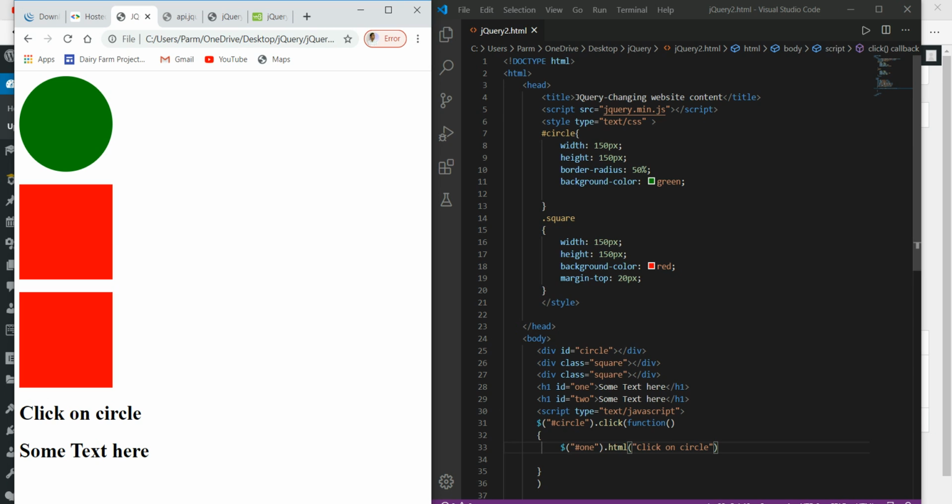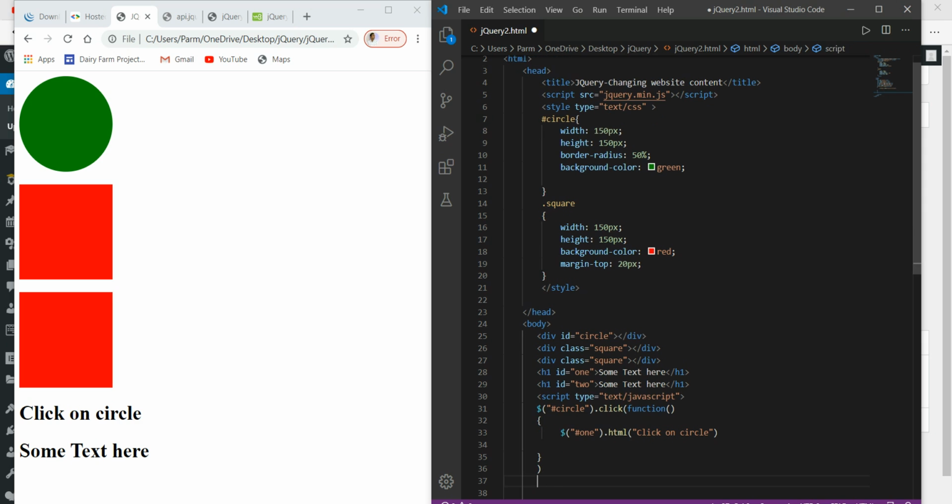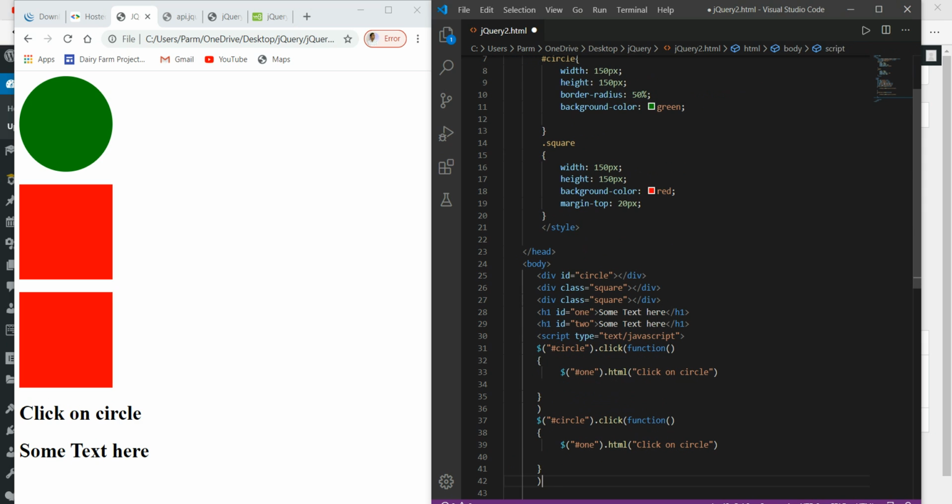Similarly, I can write another event. So for example, I'm copying this, Control C, and pasting it here. Same here, this time I'm using it for square, not circle, so I'm writing dot square, because this is a class. And instead of click, I'm calling another event, that is double click.